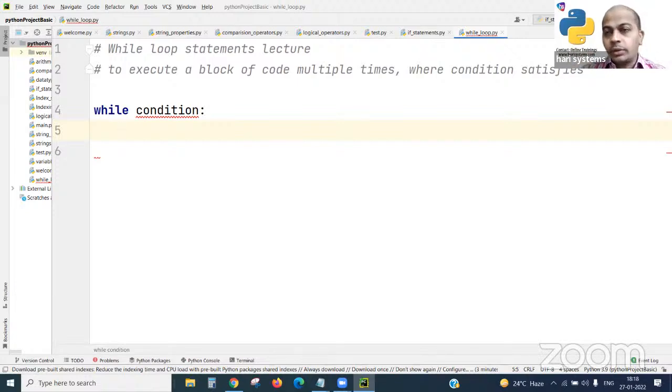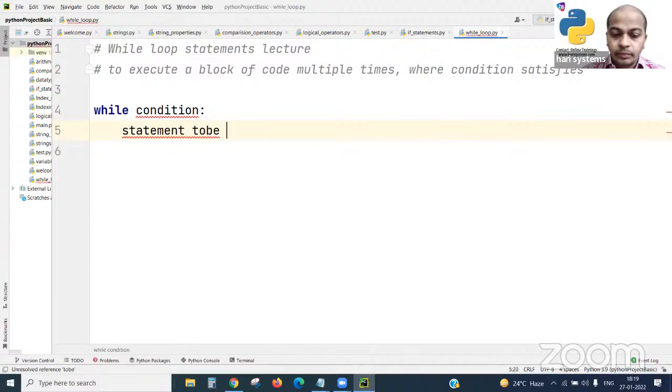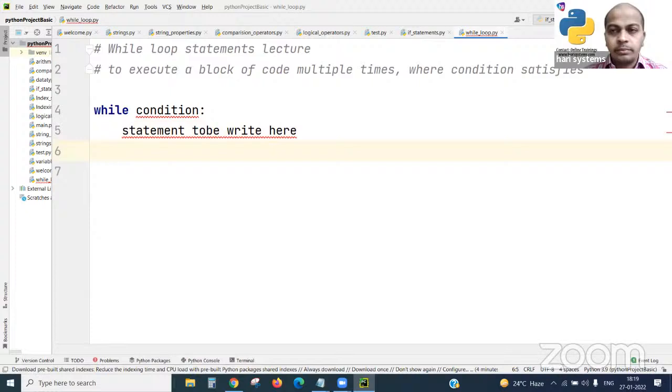So the statement needs to be written here. We have to write the statement to be run.